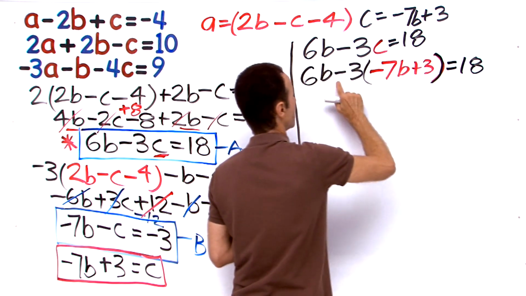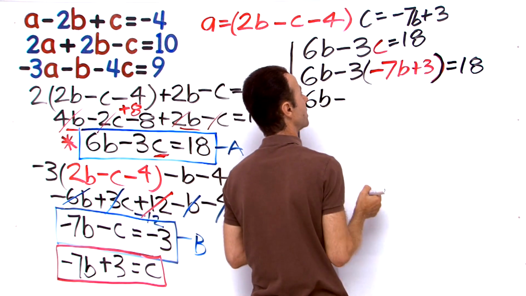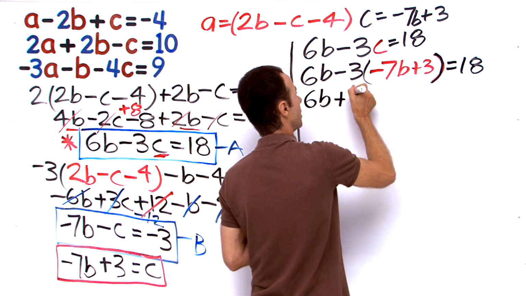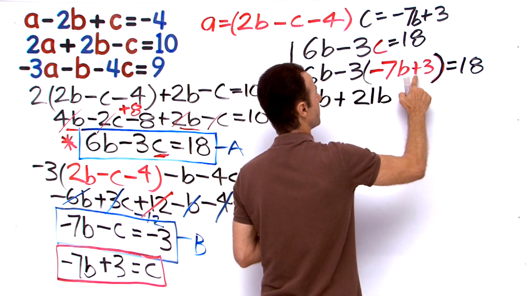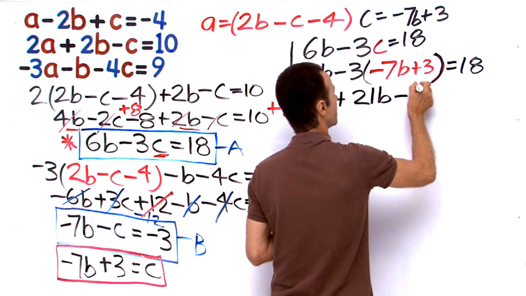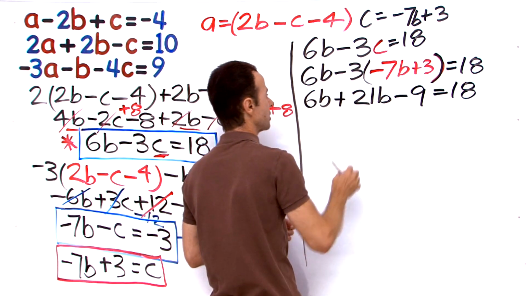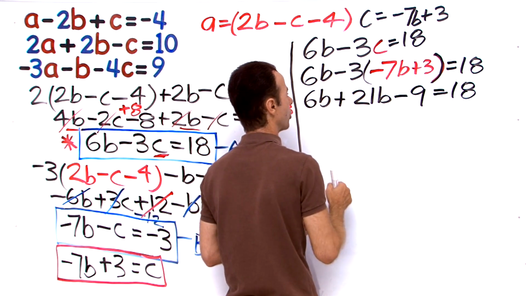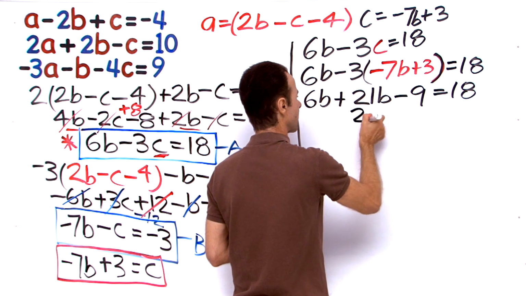Okay, let's expand this now. So we've got 6b again, minus 3 times negative 7. It's going to be a plus 21b. Minus 3 times plus 3, it's going to be a minus 9 equals 18. Okay, let's collect b's. 6b and 21b, collect them together. That's going to give us 21 and 6, that's 27b